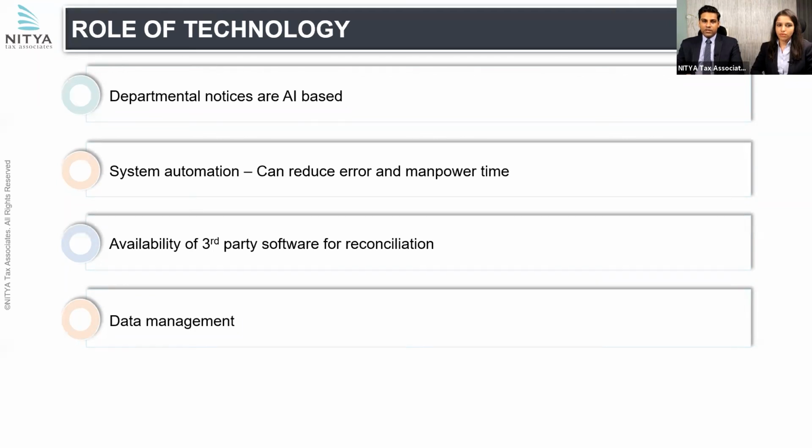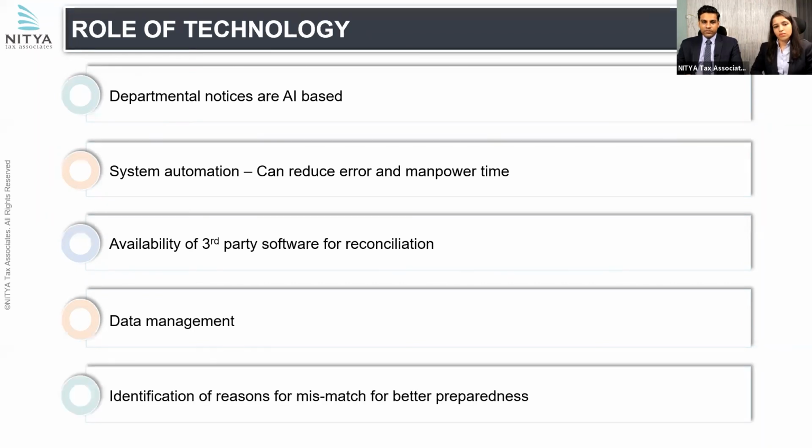It's a long-term thing which should be looked upon, and that is the only thing which can help you in putting correct information to the department as and when called upon. If you have lost data, or if something is incorrectly available, then that is something we have to own. You can't go and tell the department that for XYZ reason this data is not available. They will always have your data. For them, it's a clear-cut case of non-compliance. They'll issue a notice, which is unavoidable litigation you have to go through.